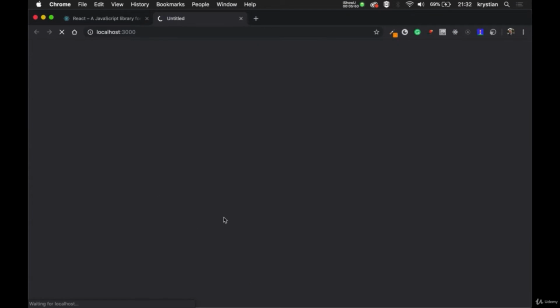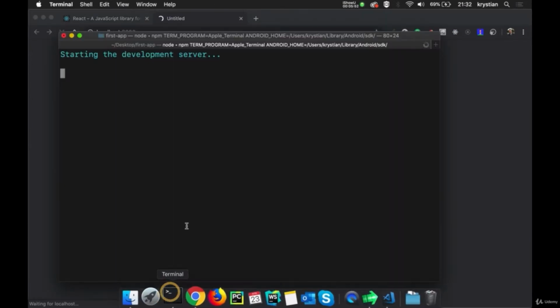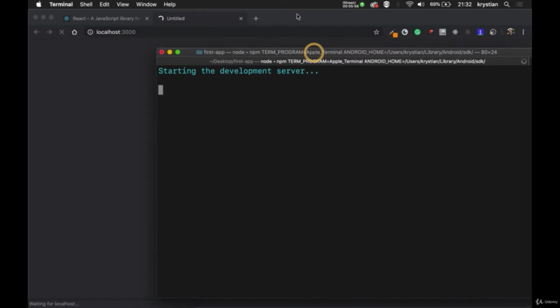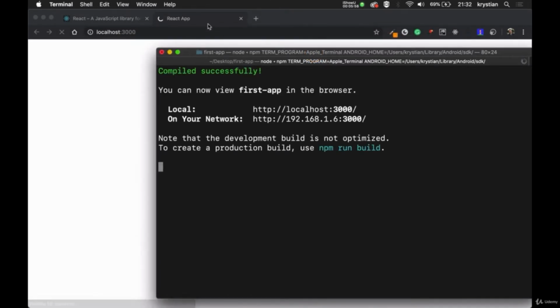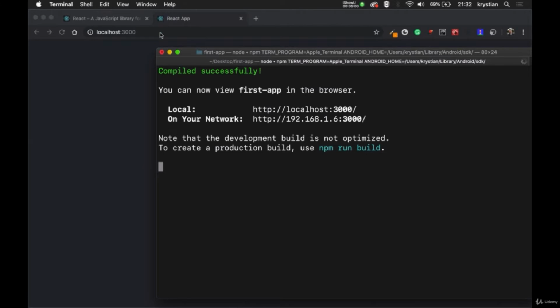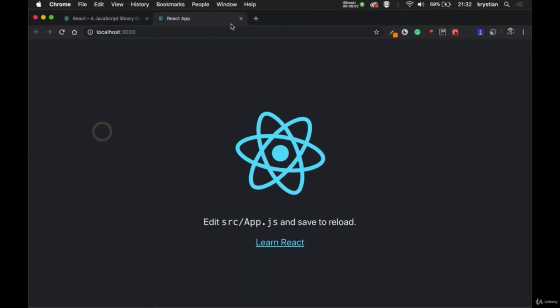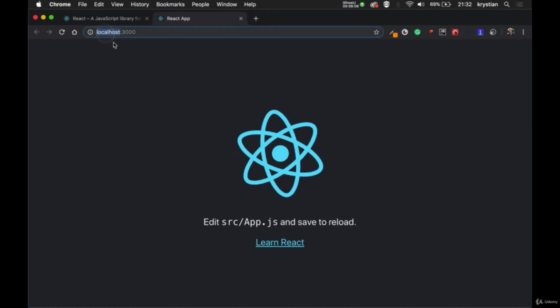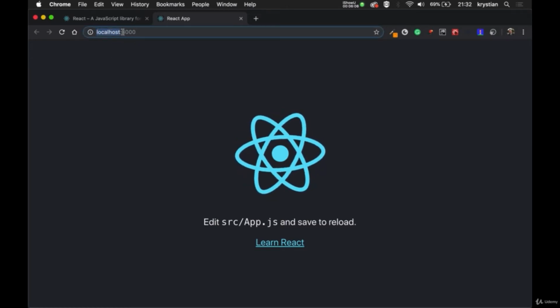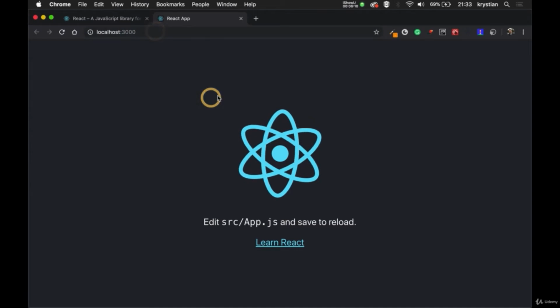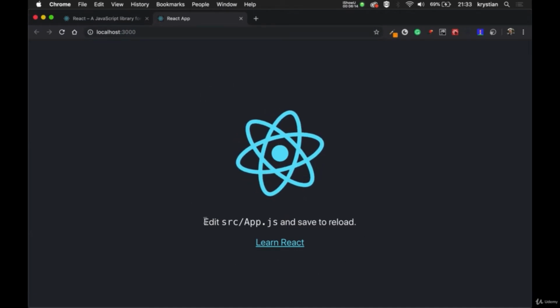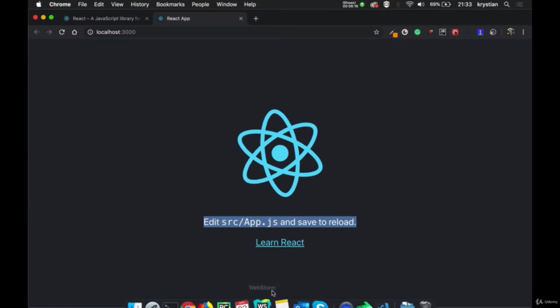What is happening here? I put npm start here. You can see starting development server, and automatically our default browser, for me it's Chrome, is starting create application. So you can see here, new tab has been opened, localhost, which is our local development server on port 3000. That's a React application. And you can see here, we have some React logo and some output and a link